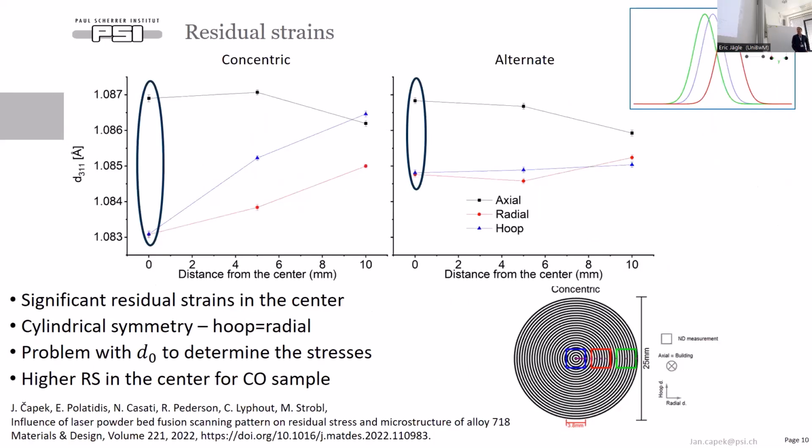Yeah, now these are the results from the characterization of the samples from all the beamlines, and we can see that the axial direction and the radial direction in the center have very high splitting. Therefore, we can observe that we have quite high residual stresses there. And what's important is that the radial and the hoop direction have the same value there. Therefore, our theory that we will have cylindrical residual stresses got confirmed, and now we can perform the experiment with